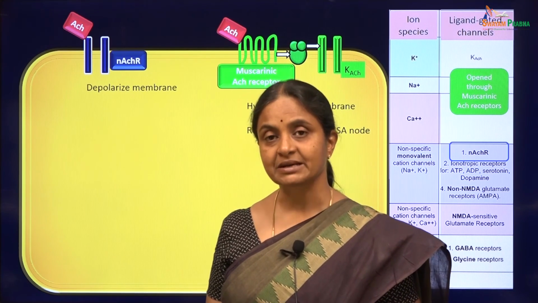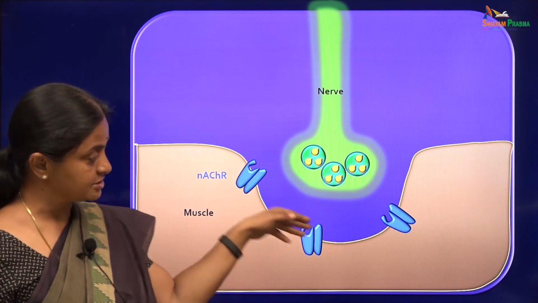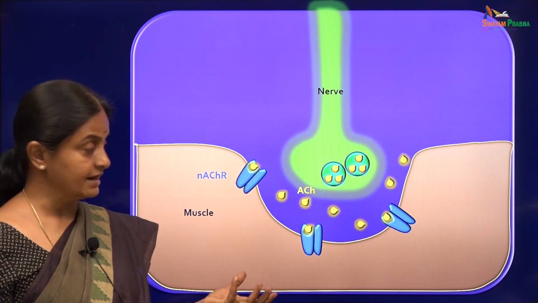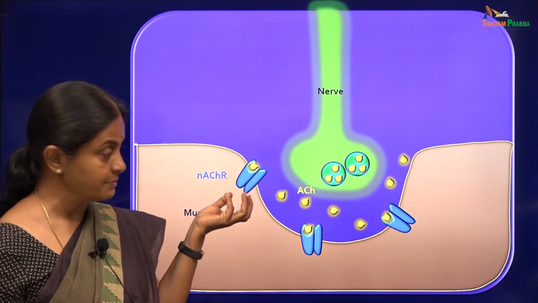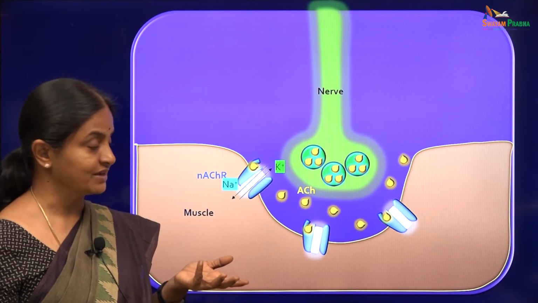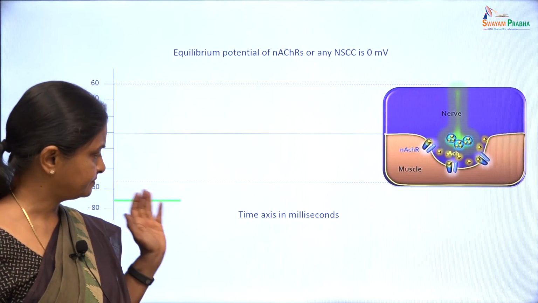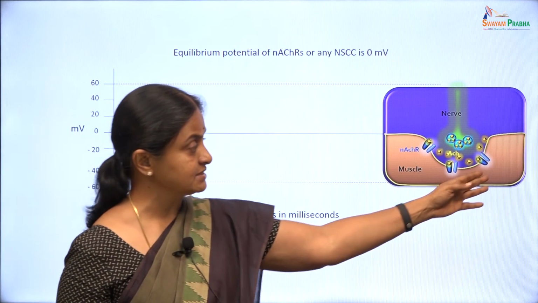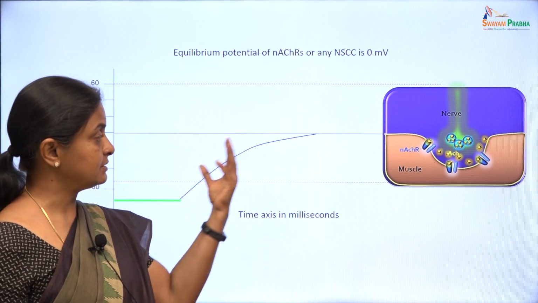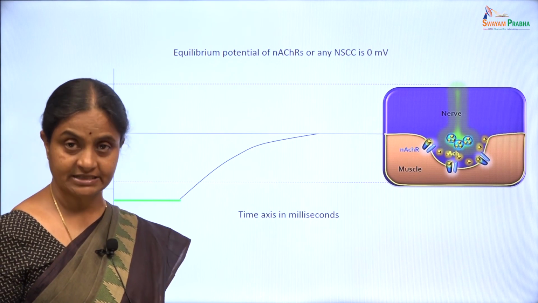Let us see what happens in the muscle cell membrane. If that is the nerve and that is the skeletal muscle, this is the neuromuscular junction. Acetylcholine is released into the cleft, it binds to the nicotinic acetylcholine receptors and the channel within that receptor opens up. It is a non-specific monovalent cation channel and that will take the membrane to 0 millivolts. So, if that is the resting membrane potential of the muscle cell, when the nicotinic acetylcholine receptors open up, the muscle membrane will attempt to move towards 0 millivolts or will attempt to depolarize. However,